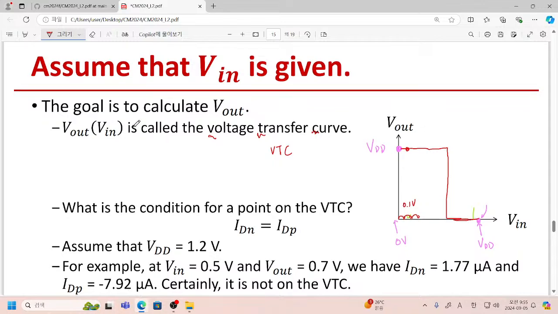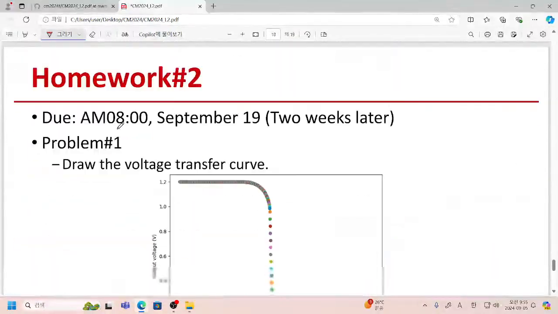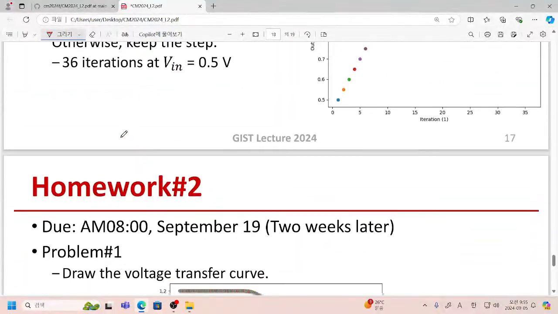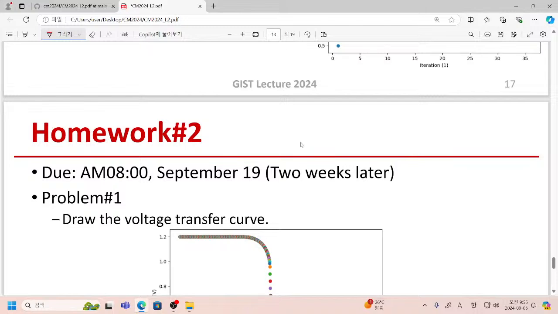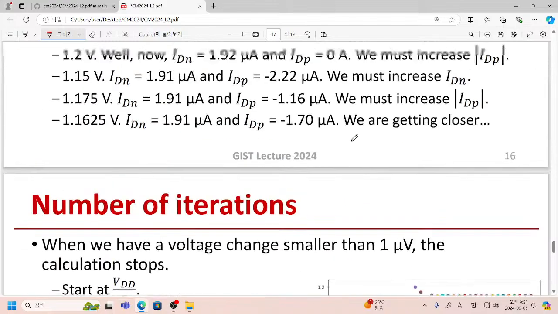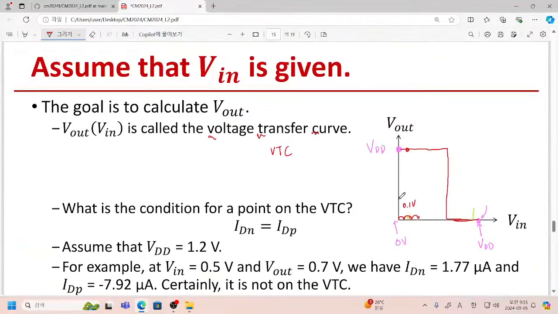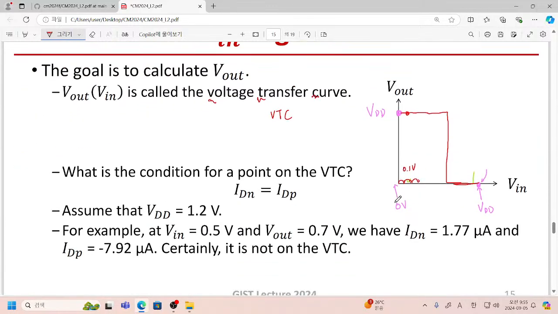So let me go directly to this one. Yes, September 9th, 2 weeks later, you have to submit your homework problem. You have sufficiently long time to evaluate it, but before wrapping up today's lecture, I wanted to give you